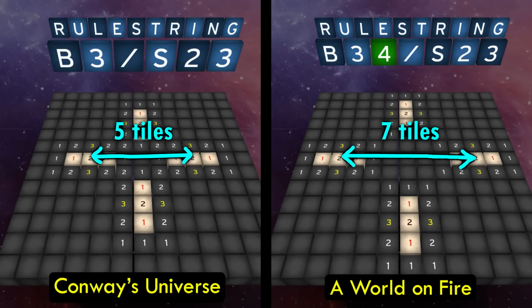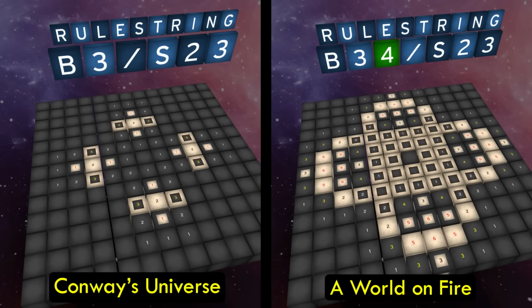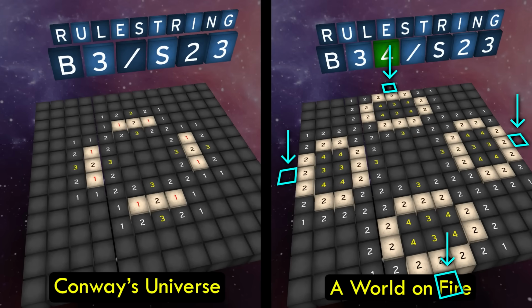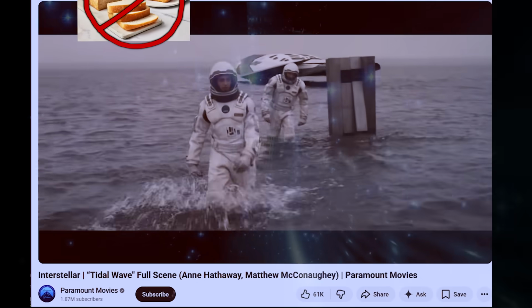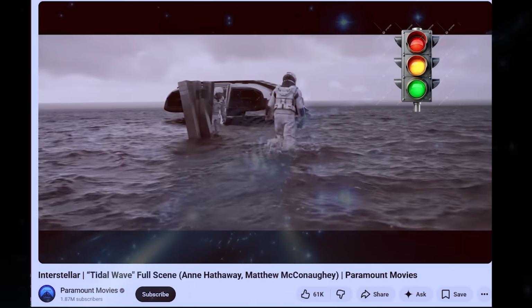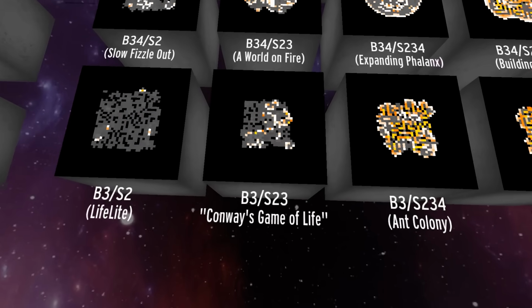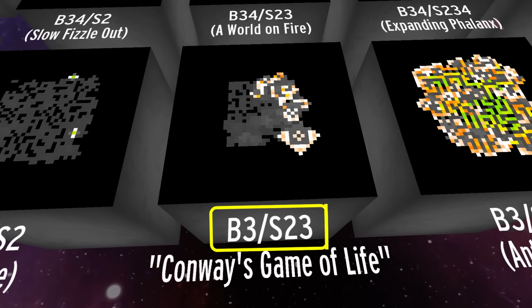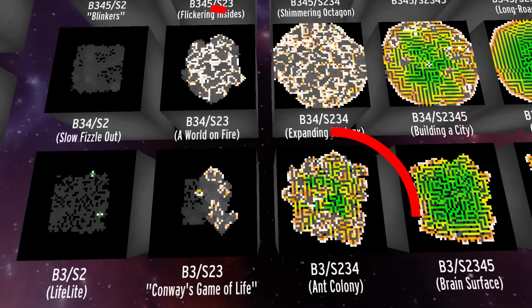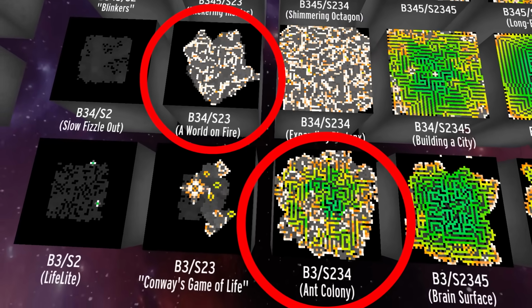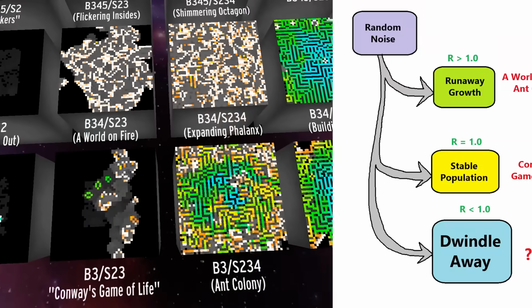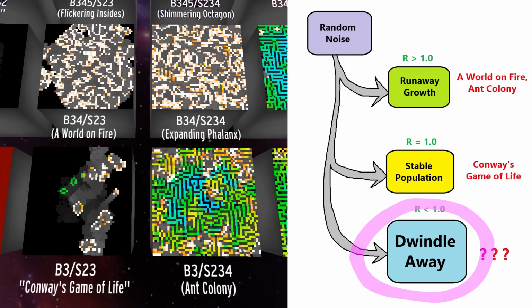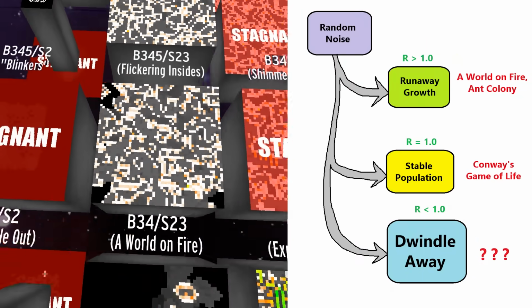Although it's 2 tiles more spread apart, and I took advantage of the world border preventing these cells from being born. But still, when we travel to alien worlds, we have to take solace in whatever similarities we can find. So now we've seen one universe that stabilizes to a reasonable population, and 2 universes that explode into runaway growth, albeit in very different ways. Are there universes in a 3rd category that dwindle away? Why, yes there are. Say hello to